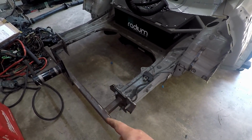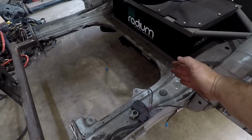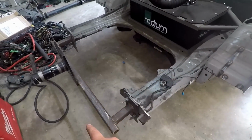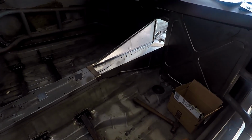That's just because of how my rotisserie hooks up. I didn't want to redo this whole portion of the rotisserie so I could do the tube rear. The tube rear, I'm going to cut the frame rails off like right here and make a whole new rear section. But to get it on the rotisserie, I had to leave the frame rails on to be able to bolt it there. If we move along to the inside of the car,